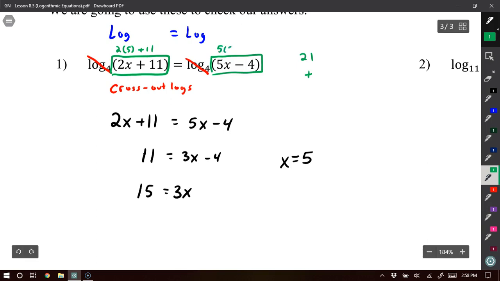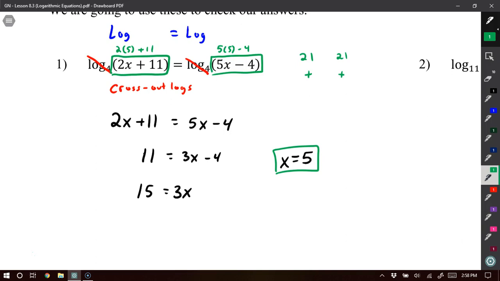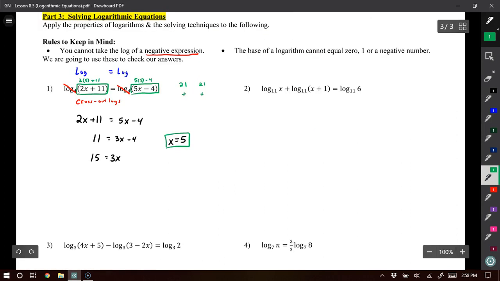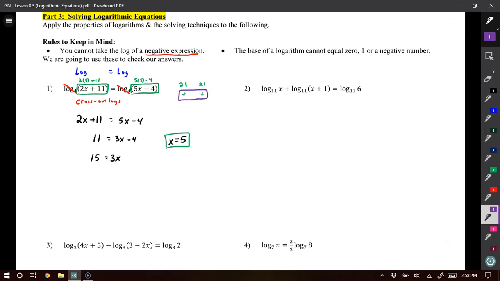I do 5 times 5 minus 4. I get 21. Notice those are equal. Boom, they're both positive. I like it. I just check it, and we're going to see a problem later on why it's important we check that. So just check your answer and make sure you get positive numbers in the parentheses when you plug them in. So if I look at number 2,